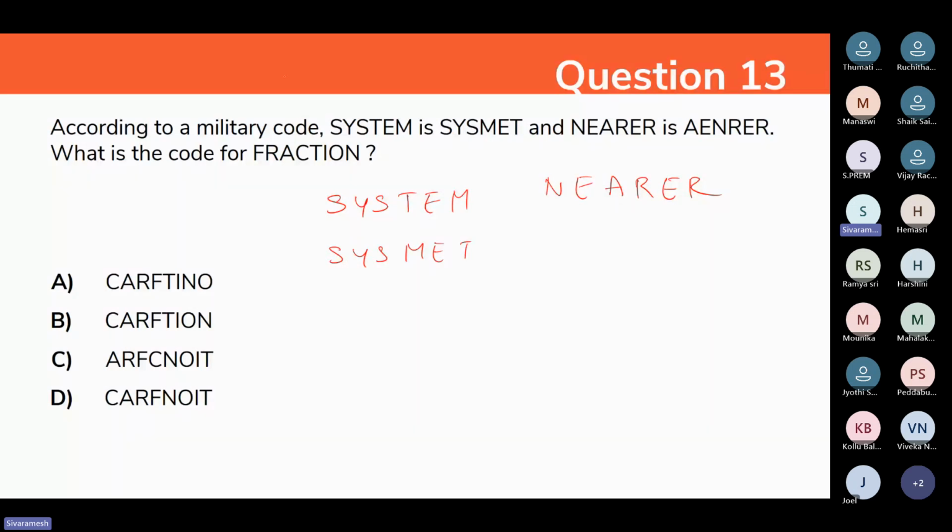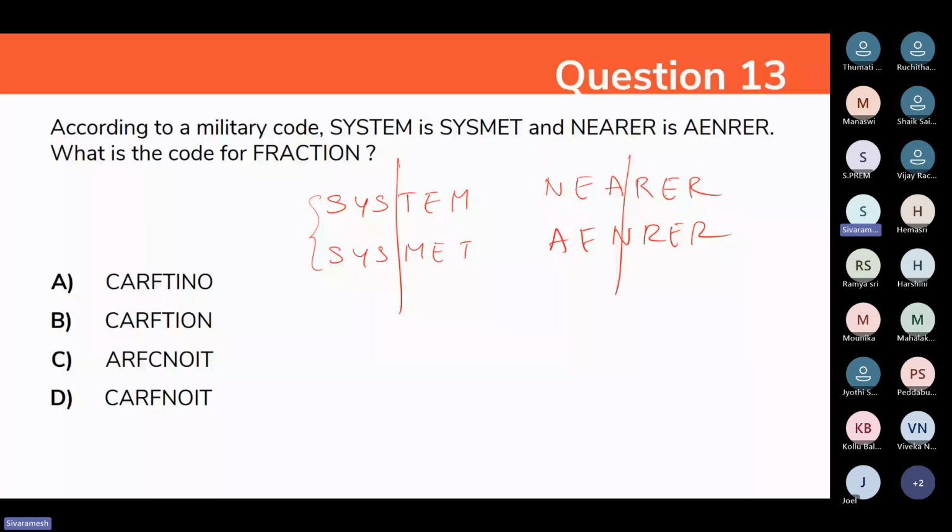Here you might understand the logic. ENRER. What people might be thinking is we have to divide a word into two parts and make it reverse. But here SYS and TM, the second half is getting reversed, right? But it's not about the second half or first half. We have to reverse both halves. Here there is no change in SYS, because even if you reverse SYS you will get only SYS. In the last part RER, even if you reverse it, you will get the same.